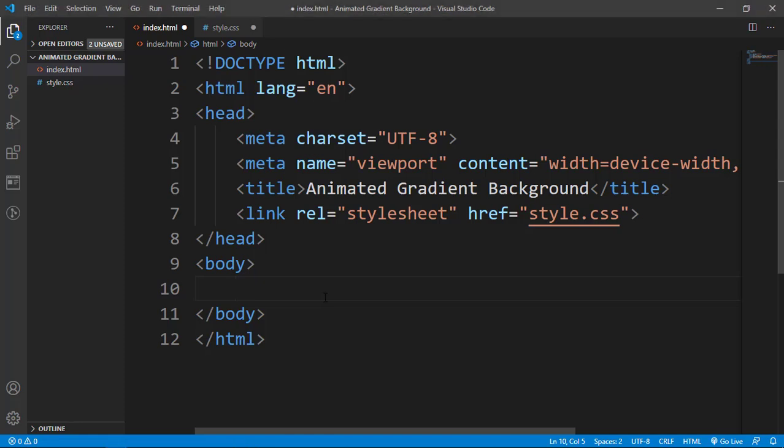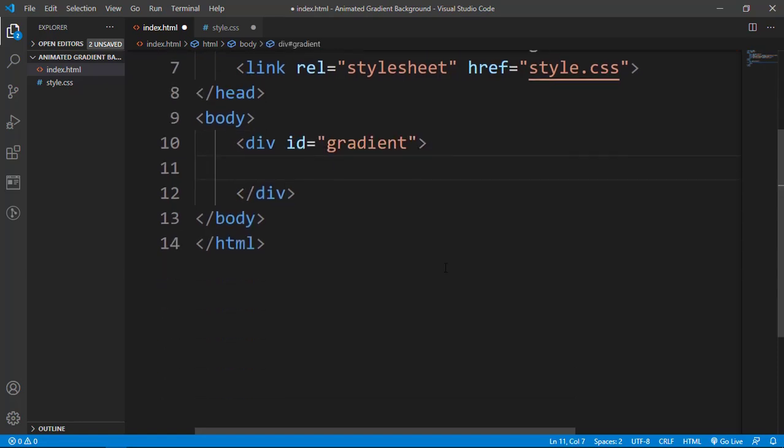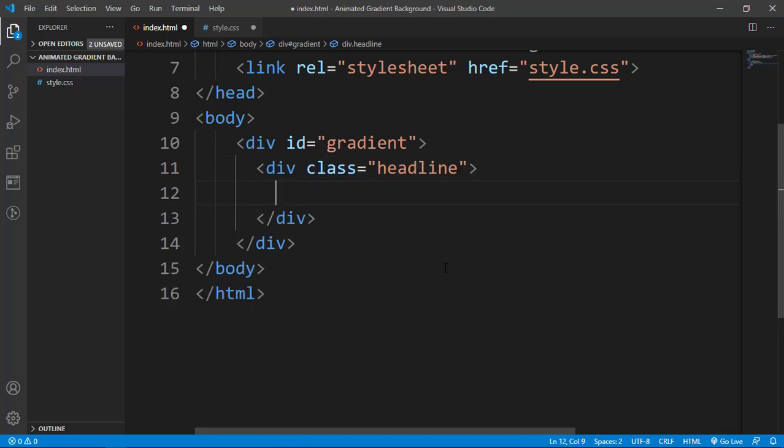First of all, what we need to do here is give a div an ID of gradient. That sounds cool. After that, we need the box part. Under this gradient, which is acting as a container, we need to give a box, let's say the headline. So we'll again give it a div and a class of headline. And underneath that we need an h1